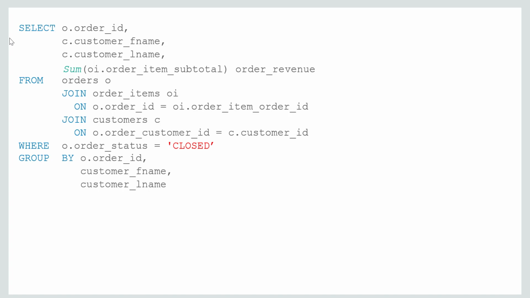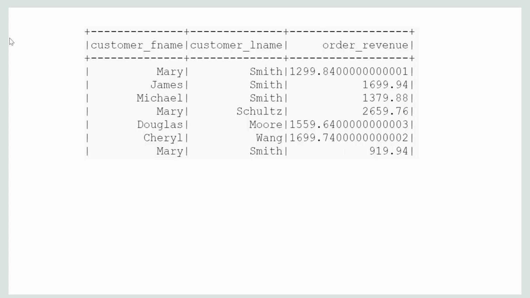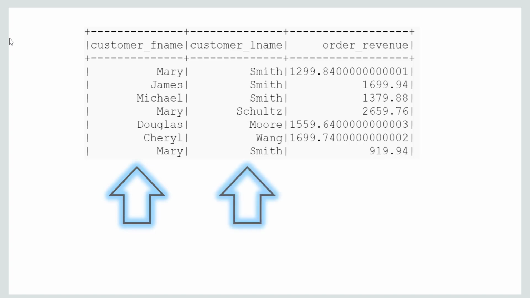And because we have to select order revenue more than 500, we can use a having clause here, having order_revenue greater than 500. So this is my final query. And from this query, we can just select first name, last name and revenue to save data in HDFS. The output of the query looks like this. In this output, we have customer first name, customer last name, and we also have order revenue. So if you understand this, let's go to the lab and see.